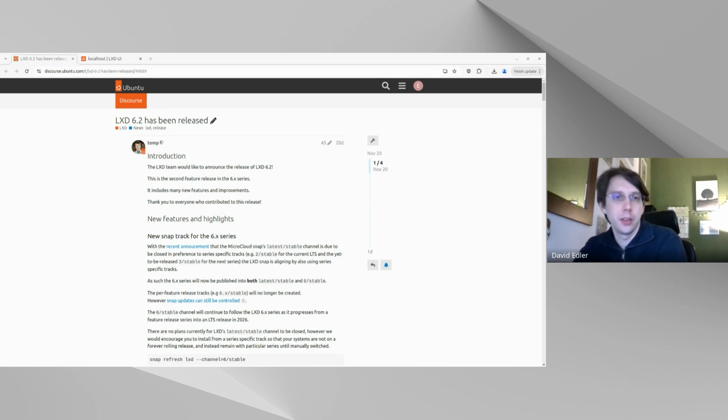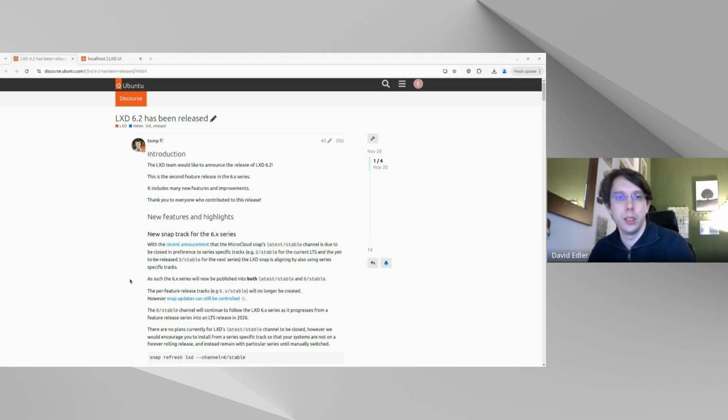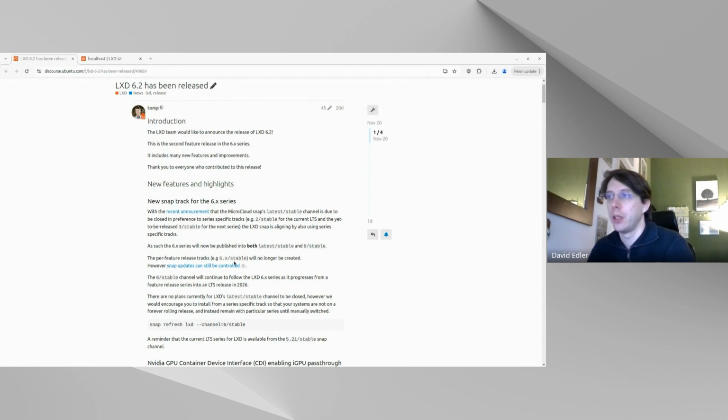First things first, there's a ton of new features in this release. And one change that has been done is the snap track for the 6.x release series. So you can run this command to refresh LXD and start tracking the 6/stable channel. And that means you will receive automatically future feature releases. So 6.2 you will get now, and later automatically LXD will update on this channel to 6.3, 6.4 as soon